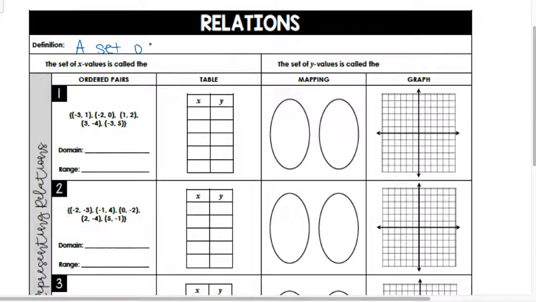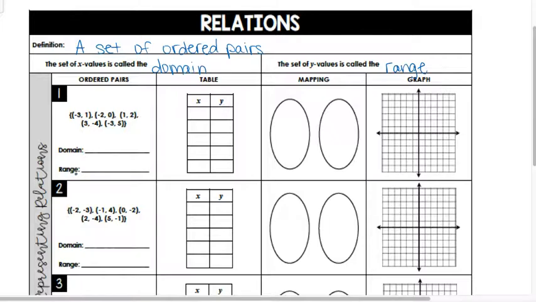A set of ordered pairs, okay? So the set of x values is called the domain. And the set of y values is called the range. Okay? So looking at number 1, we have a set of ordered pairs and it's asking us for the domain